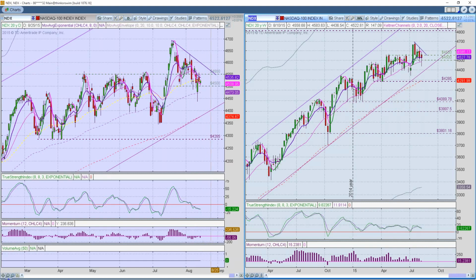With regards to the indicators, yeah, we're looking weak. The momentum's falling. On the weeklies, this isn't a positive divergence, but as you can see, we still are showing some weakness here in the true strength, but it has not broken below this zero line, which would tell us it's in a really hard downtrend. Momentum has been falling off gradually over the last 4 weeks. And so let's take a look at the Russell.